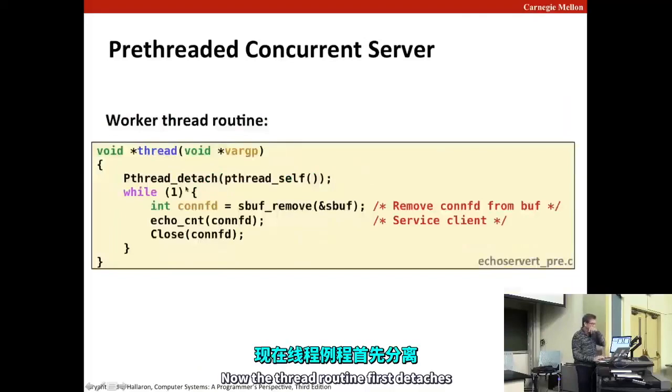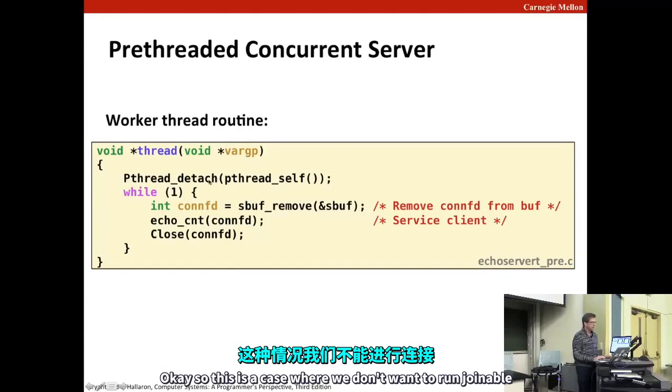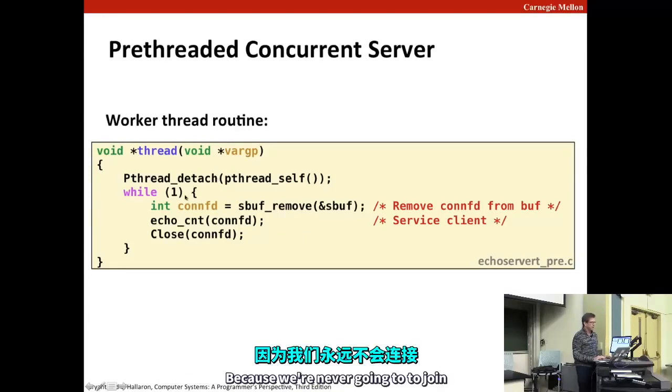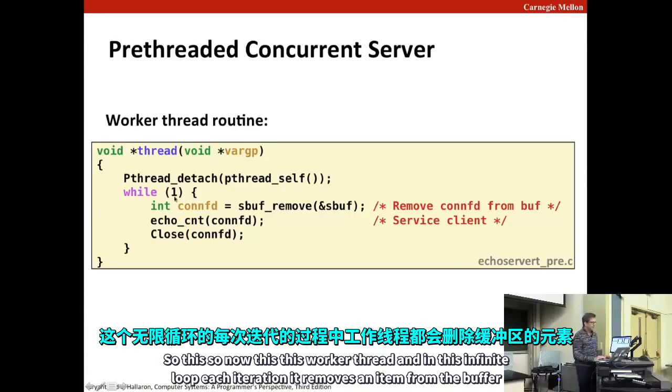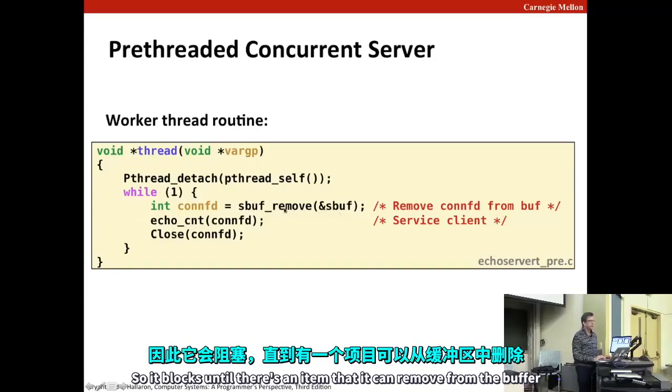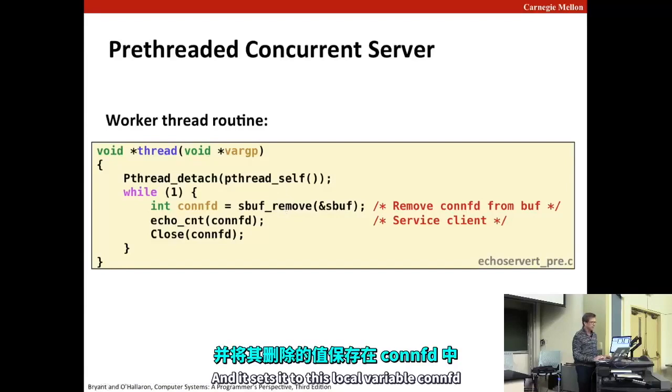Now the thread routine first detaches. This is a case where we don't want to run joinable because we're never going to join. We're never going to wait for these threads or have any reason to kill them from the main thread. So now this worker thread, in this infinite loop, each iteration removes an item from the buffer. It blocks until there's an item that it can remove, and it sets it to this local variable